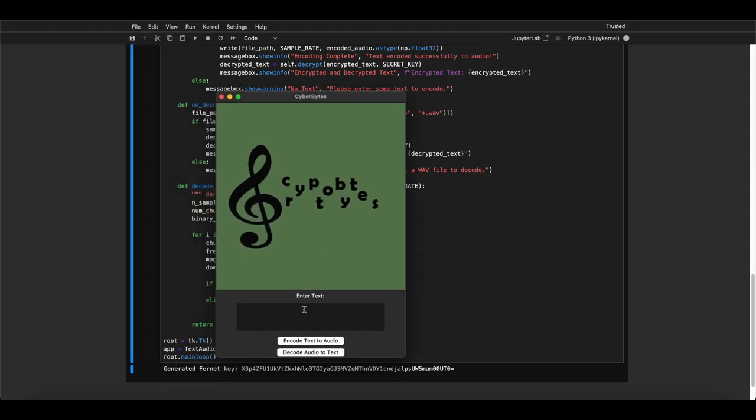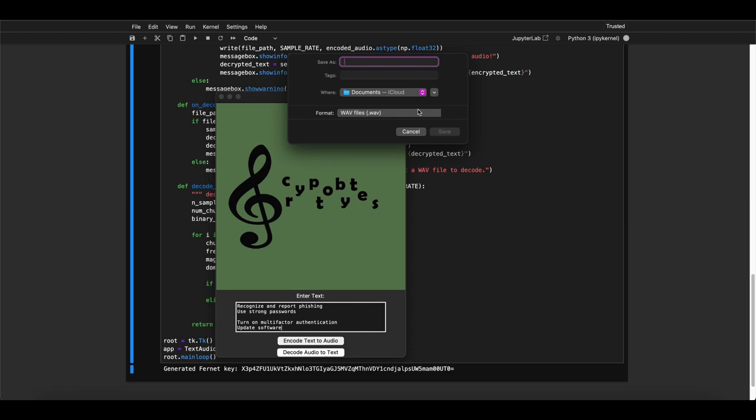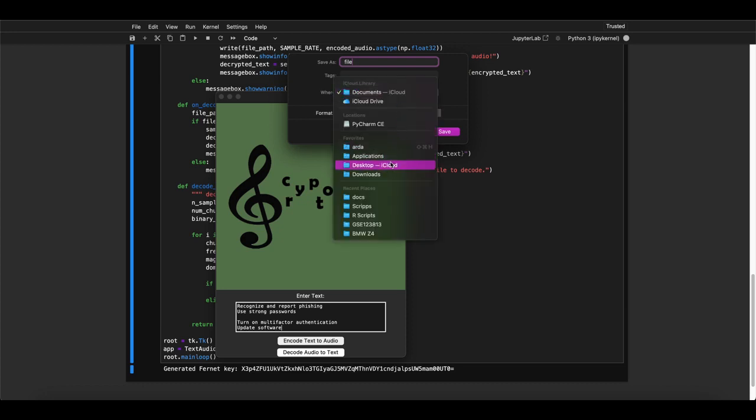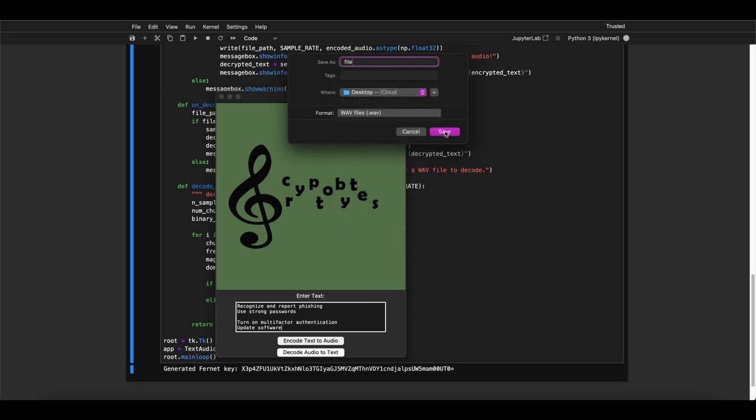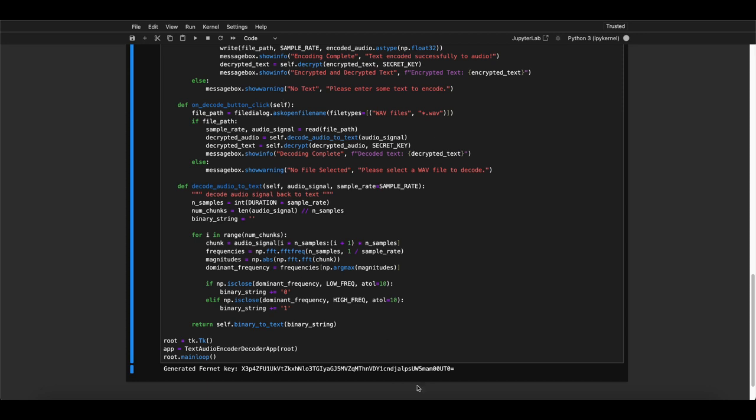This is our UI here. We can paste the prompt that was given to us, and if we click encode text to audio, this screen pops up. And after this screen pops up, we can save our file. I'm gonna name it file, and let's save this to desktop. And now that our file is saved,